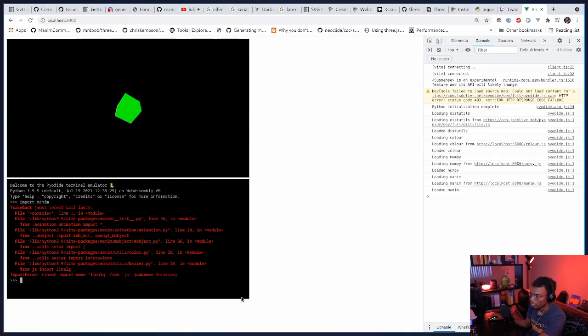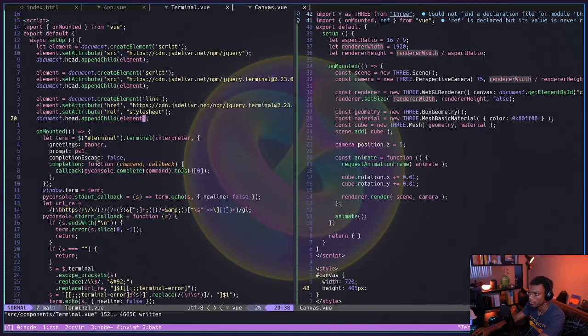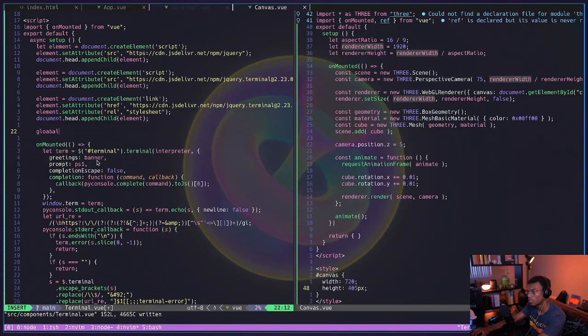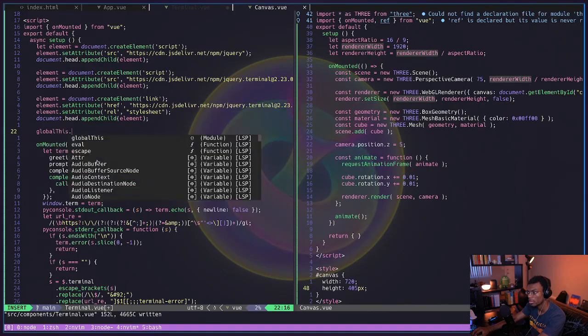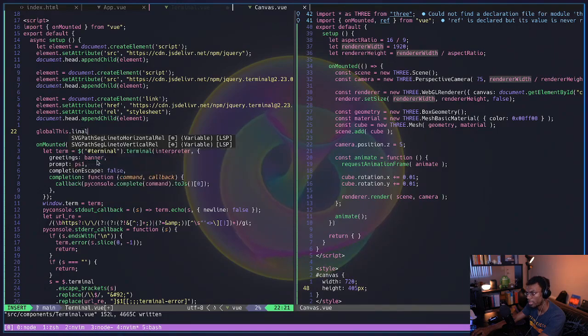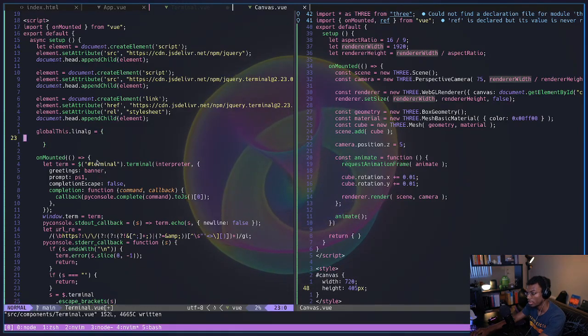So I don't know if it makes sense to make that function here in the terminal or part of the renderer. Probably the renderer, I think. But I'm just gonna do it here. Global this dot linalg is an object. Then I'll have